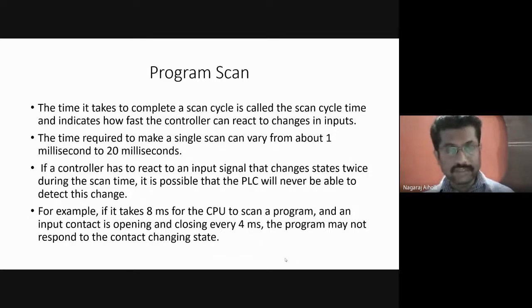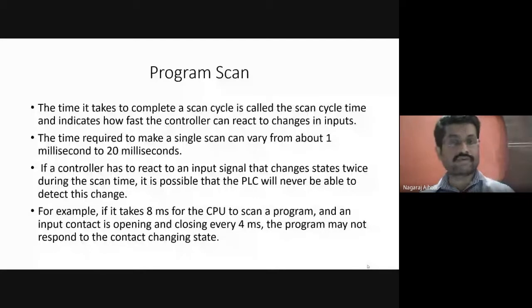If the switch contact is opening and closing every 4 milliseconds, that will not always be reflected. The program scan cycle time is 8 milliseconds. For the entire scanning process, it takes 8 milliseconds. The input switch is turning on and off every 4 milliseconds.